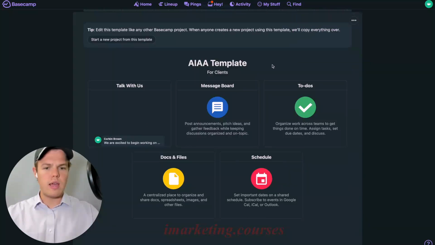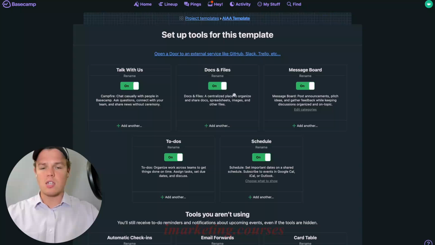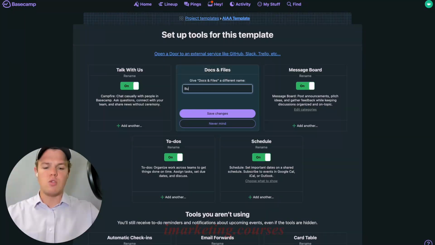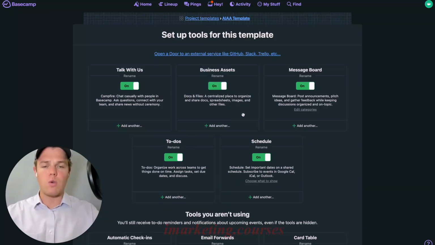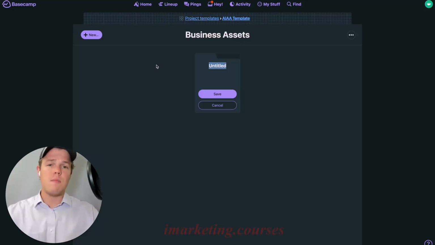Now let's go ahead and do the next most important doc here, which is going to be the docs and files. We're going to go ahead and rename this to business assets. So this is going to essentially allow the business to upload relevant information that we need to access for our AI automations. Go ahead and click into here and we're going to be able to add folders. Think of this like a Google Drive, but a more UI friendly one that is found within the dashboard of